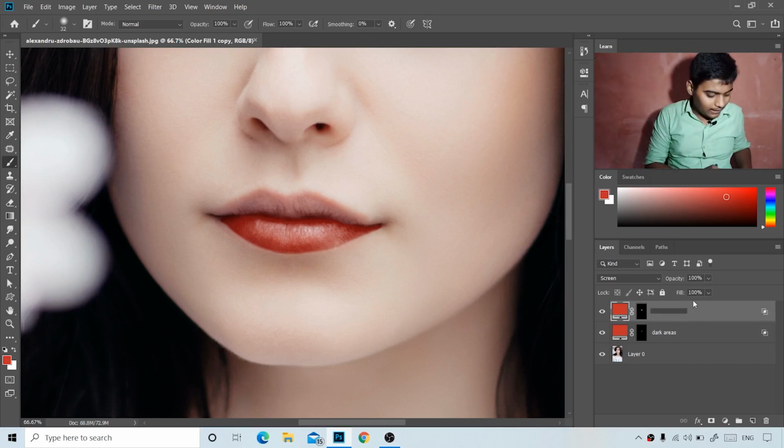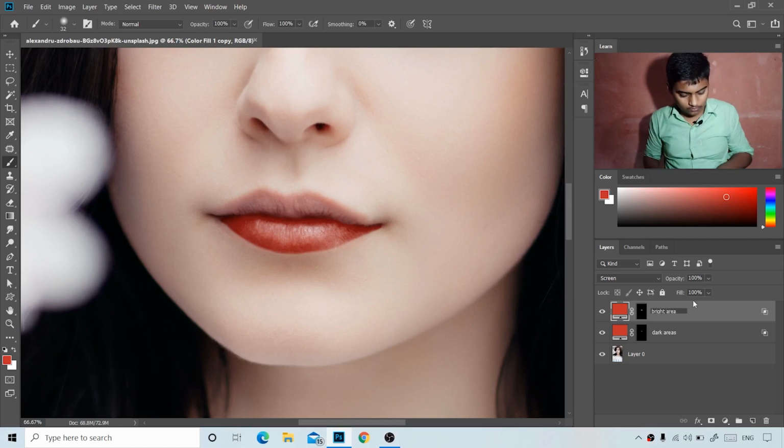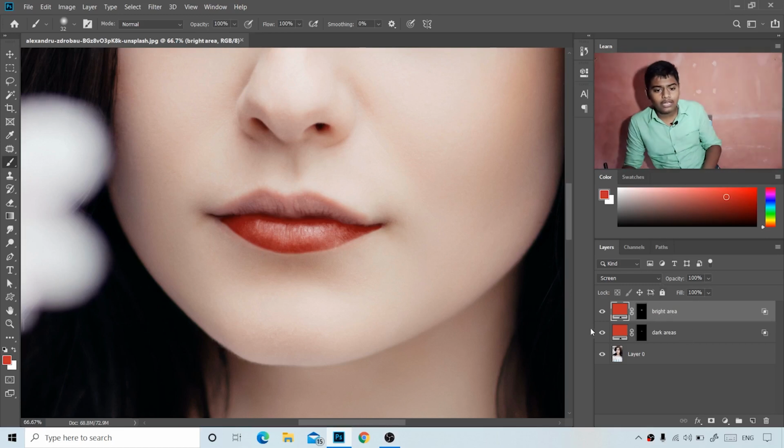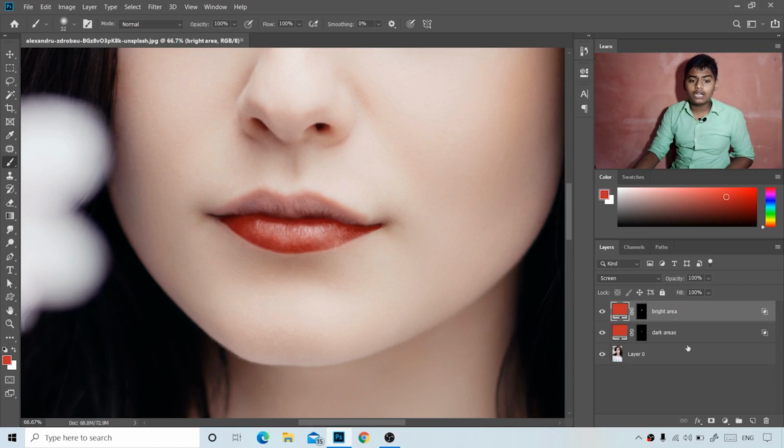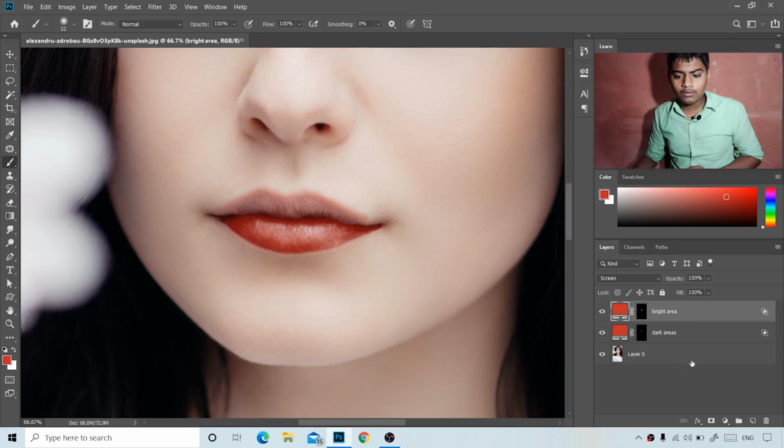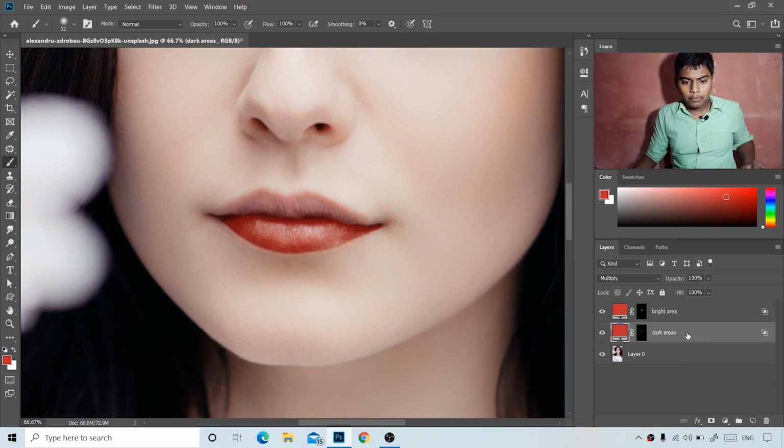So let's name it bright. The color of which you want more saturation. For now I want the dark color to be added.